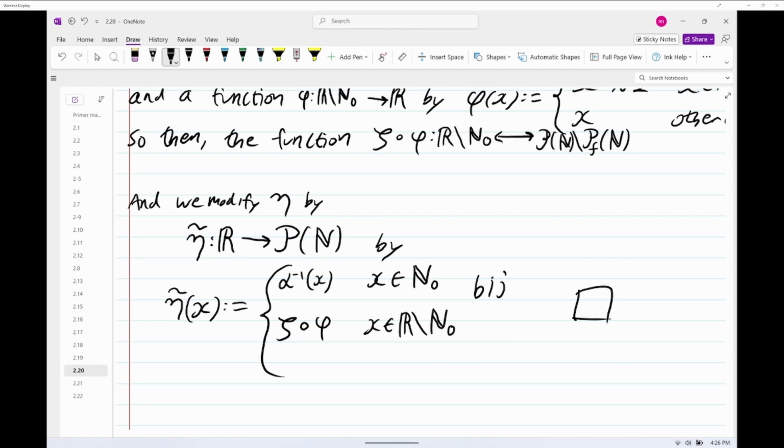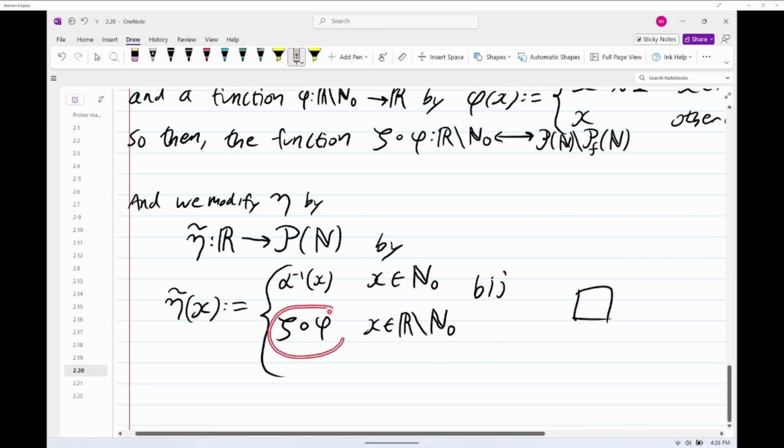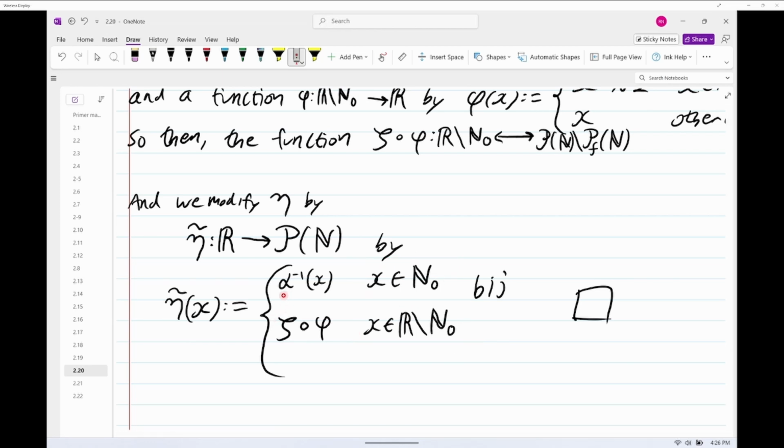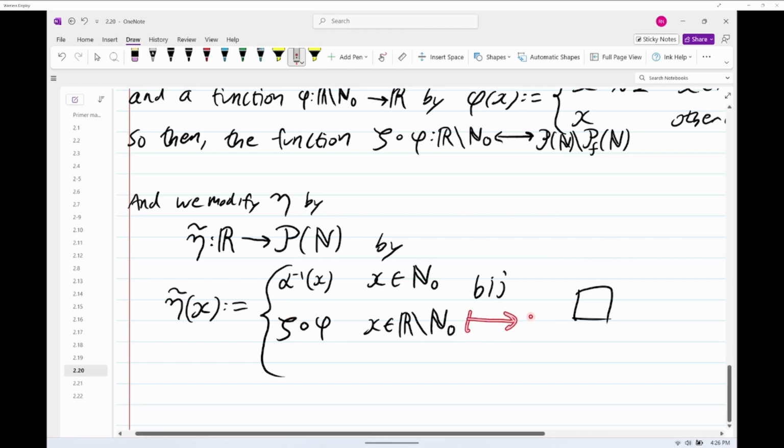So we take alpha inverse and zeta composed with phi. Since their domains are disjoint, they share no elements, is what that means. They do not fight, essentially, over where to send any elements. Okay. And their codomains are disjoint as well. So zeta composed with phi goes on to Pf,